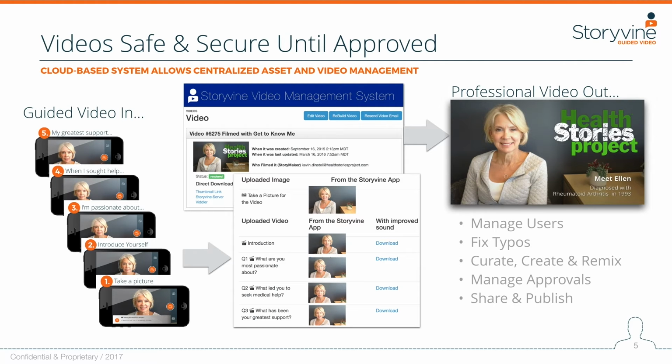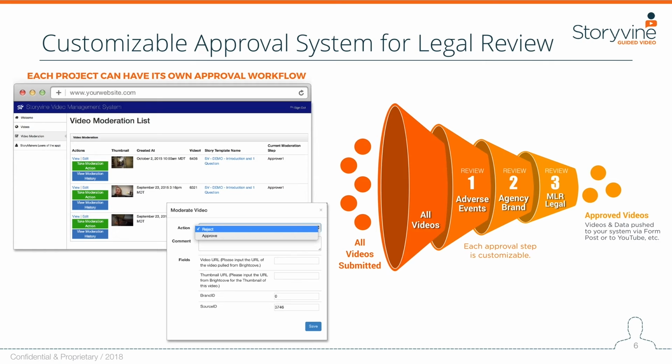And in fact, the healthcare version of the Storyvine platform has a customizable approval system, a linear approval system, so that if a video comes in for, say, a branded campaign and those videos need to be reviewed for adverse events, that video can be routed to the appropriate person who's going to review for that particular aspect. And if they approve it, then it can move on to the next team, maybe an advertising agency reviewing for brand appropriateness. And then if they approve it, then maybe it can go into the MLR, the legal review process,